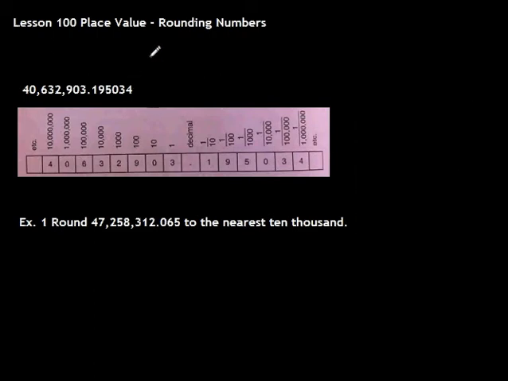Okay, we're going to do place value and rounding numbers. So here we have this huge number: 40,632,903.195034. Now hopefully you're familiar with place values. I just want to review them real quick. On the left side of the decimal are the ones. This would be the ones, the 3, the tens, then hundreds, thousands, 10,000s, 100,000s,